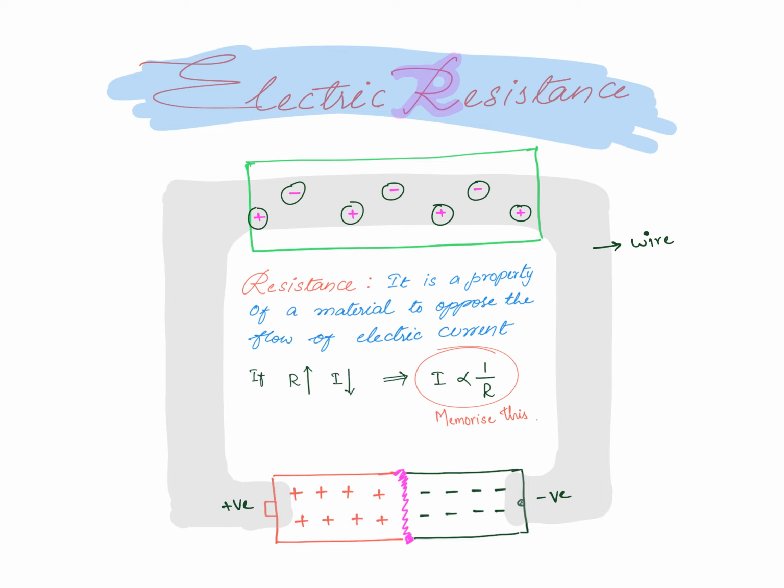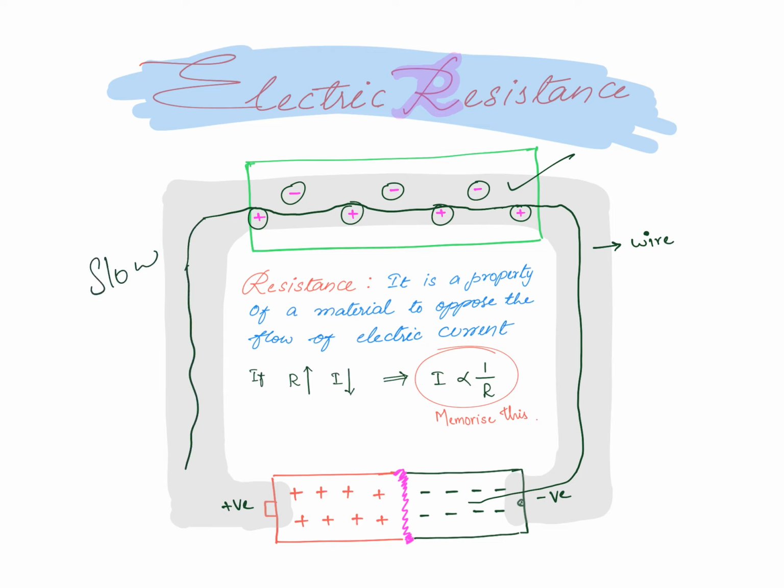So now these electrons, when they travel from the negative to the positive terminal, should pass through the positives and negatives of the wire, isn't it? So when they pass, they may hit these protons or electrons of the wire, thus becoming slow, right, and reach the positive terminal. This slowdown of the electrons or charges causes I, that is current, to slow down. I mean the amount of current is reduced.